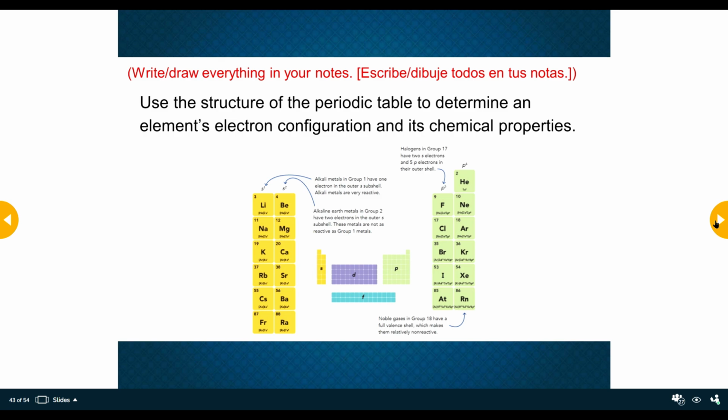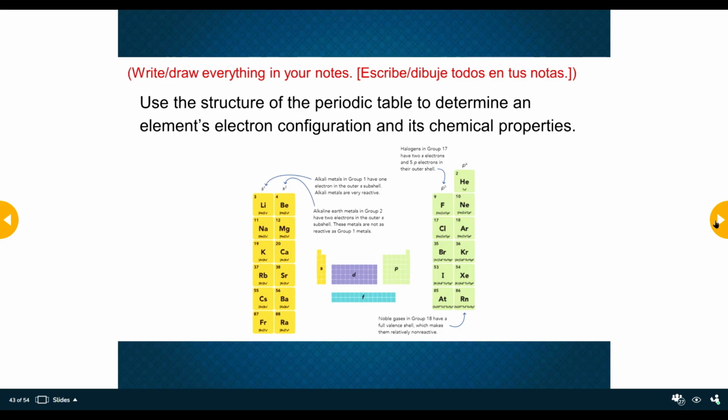What you can do on the periodic table is to use the blocks of the periodic table, the S, P, D, and F blocks, to determine an element's electron configuration relatively quickly. One of the things you can also do with this is to note how many electrons are essentially extra or are full. And this can tell you how reactive certain elements probably are going to be.